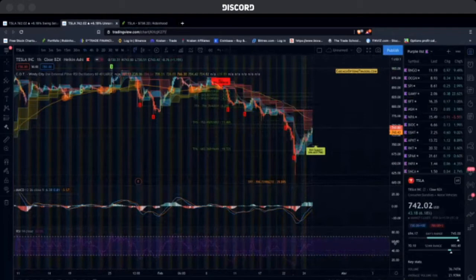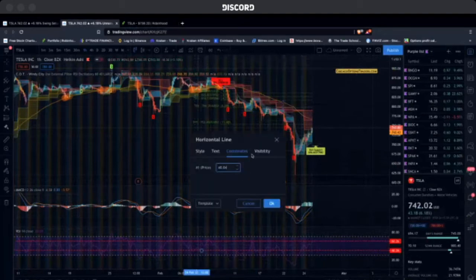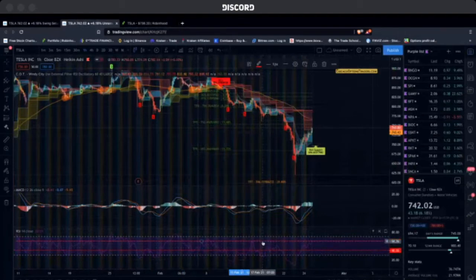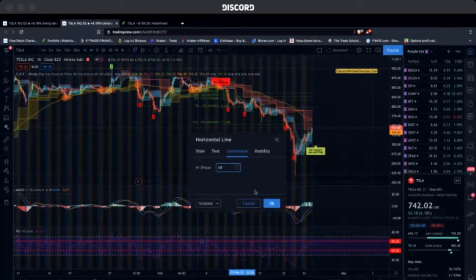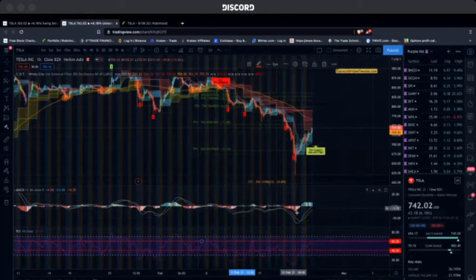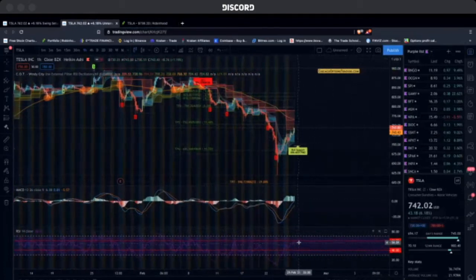You see right down here where it says 60, which looks like we're getting ready to break out. One way to help you is to come in here and put one of these trend lines right in there. You put another one right around the 40 area. Boom. And then, see, bang. Just like that. Now, if you look at where that line is